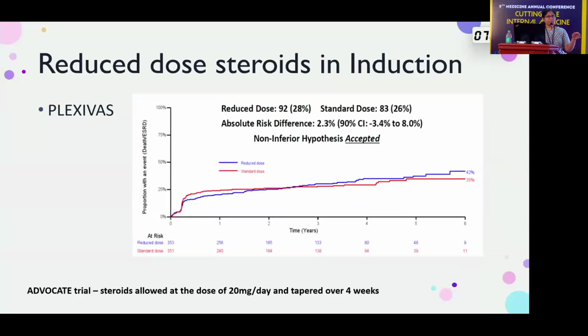This trial was well powered to look at the various subgroups. They found that irrespective of whether the patient had received high dose steroids or low dose steroids, whatever group they belonged to, plasma exchange did not show any benefit. There were a lot of post hoc analyses of this trial, and one beautiful analysis looked at the difference between patients who received reduced dose as compared to higher dose steroids. They found that both fared equally well, meaning you can reduce the dose of steroids.